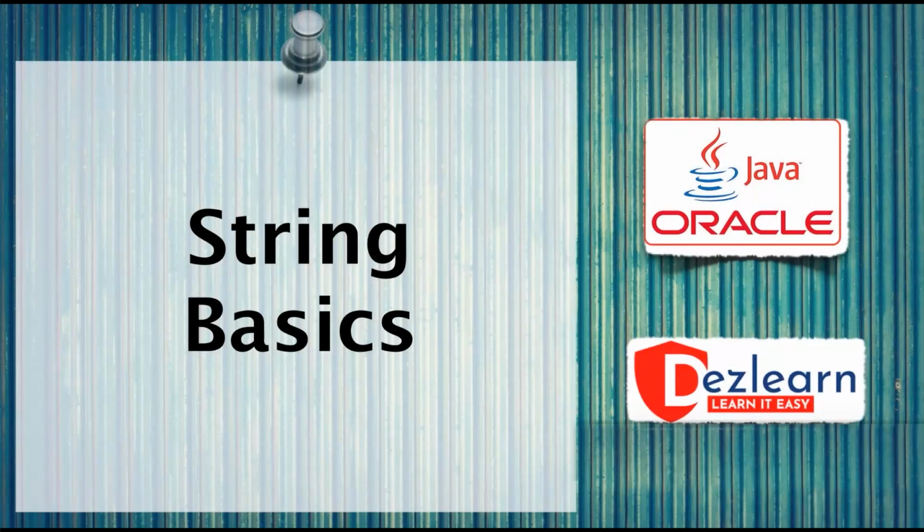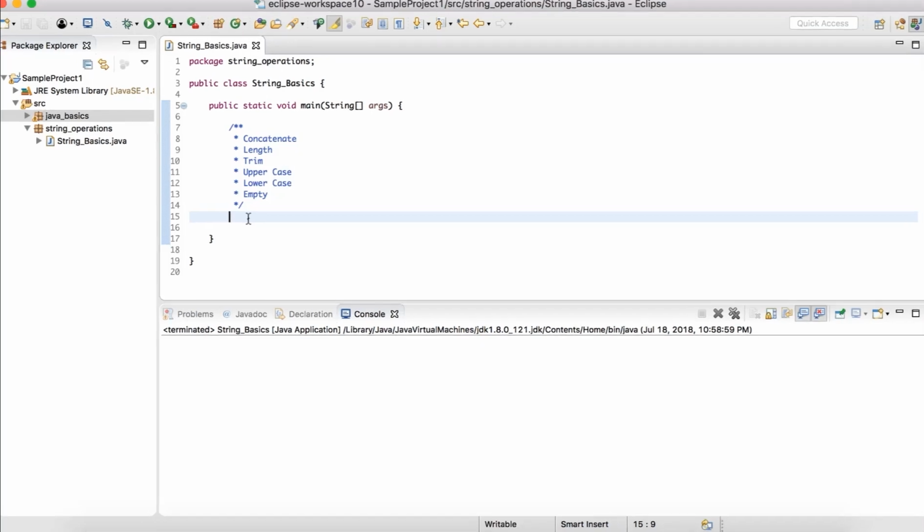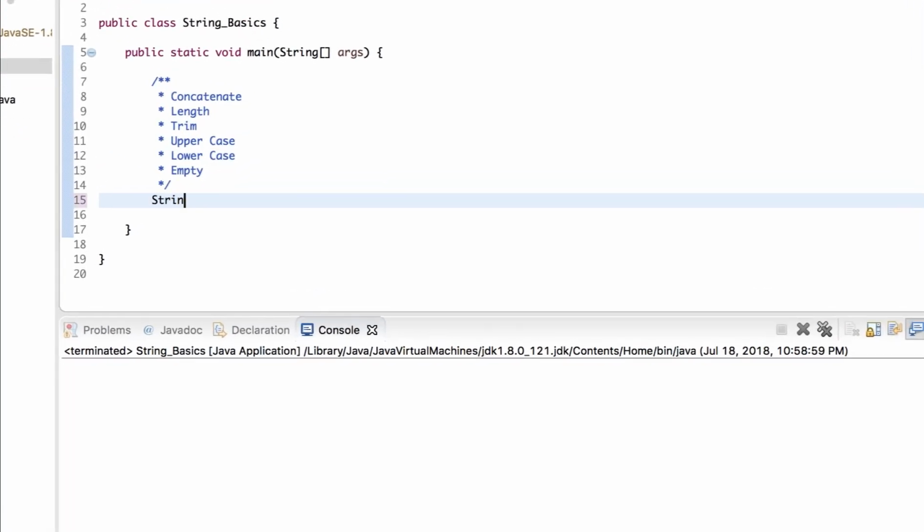Hello everyone. In this session, let us learn basic string operations: how to create strings, how to concatenate them, finding the length of the string, trim operation, converting strings to uppercase, lowercase, finding whether a string is empty, not empty, kind of basic stuff. So let us start by creating two strings, say str1 is equal to Desinia